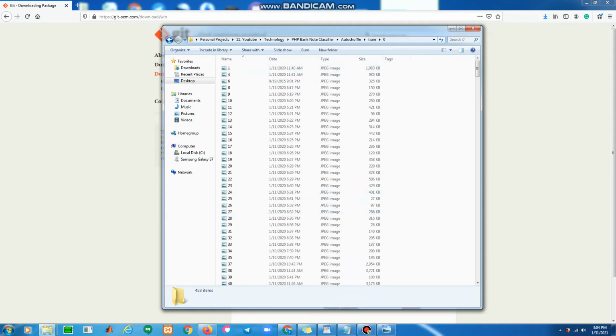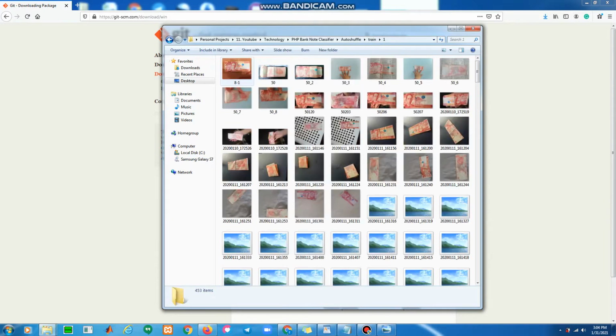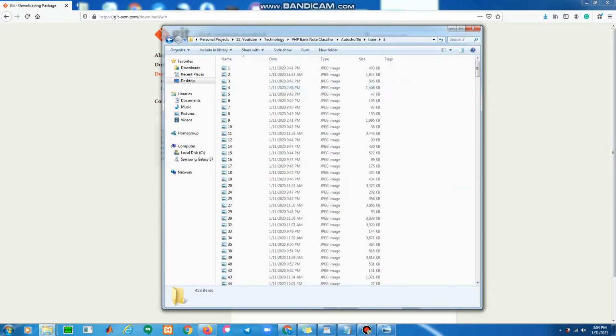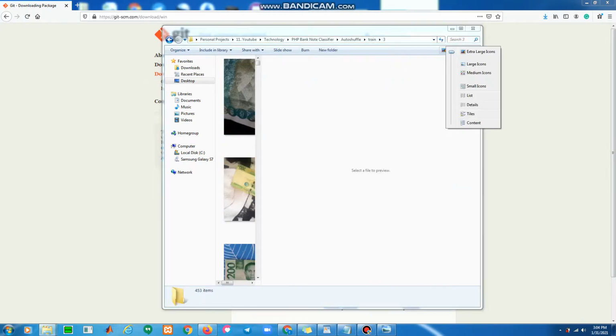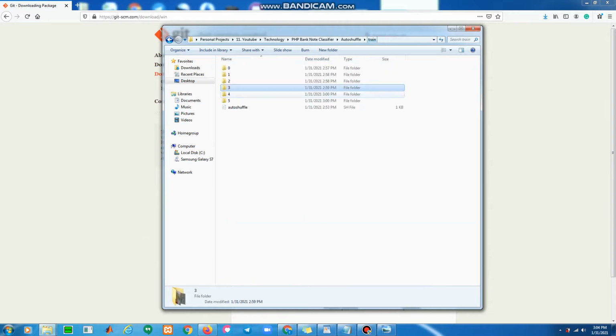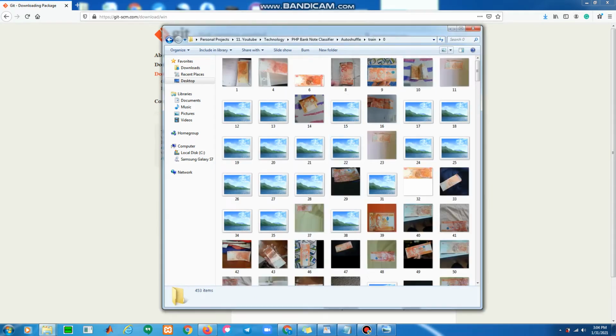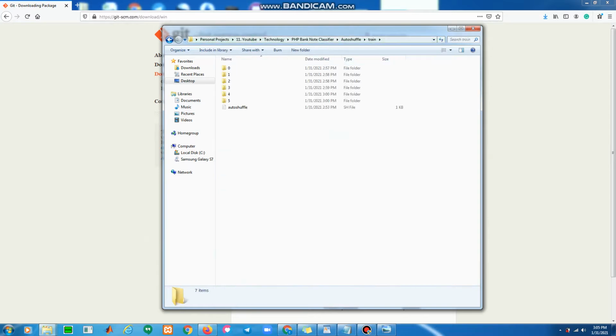I prepared 453 images for each banknote. As a rule of thumb, we need to allot at least 10% for the testing and 20% for the validation. This is to make sure that the images we tested or validated are not used or seen in the training sets. Once the images are ready to shuffle, we will create a short program called